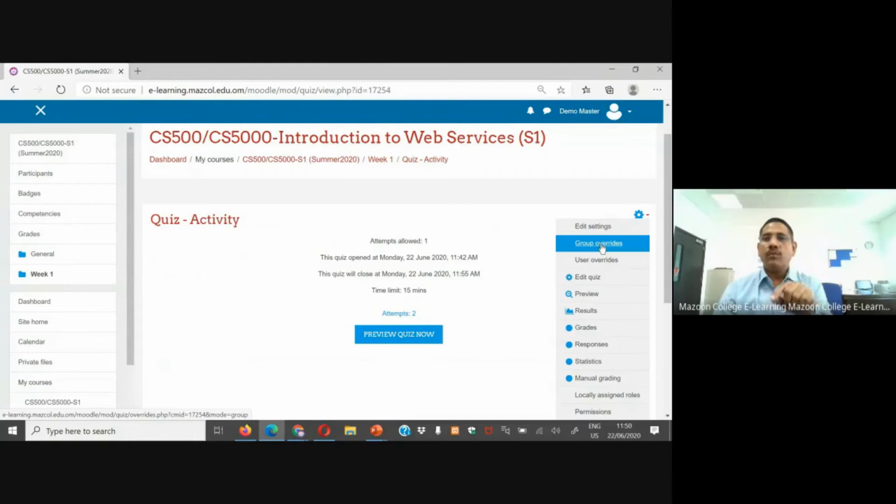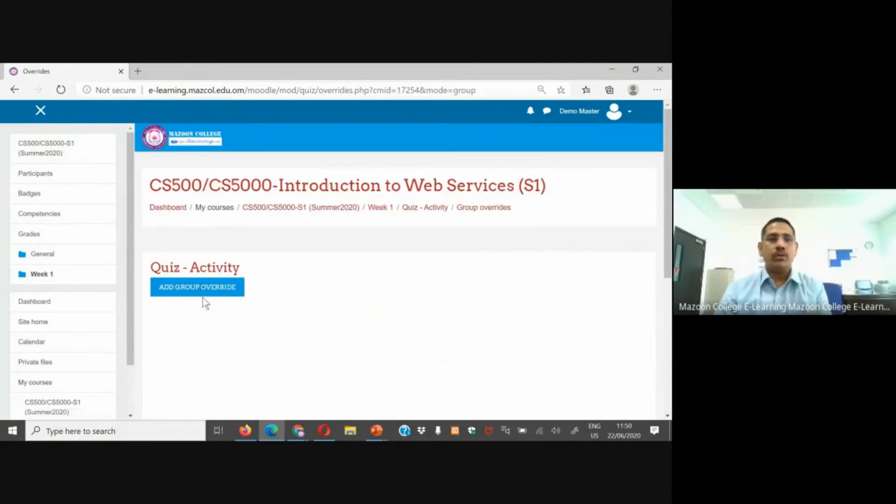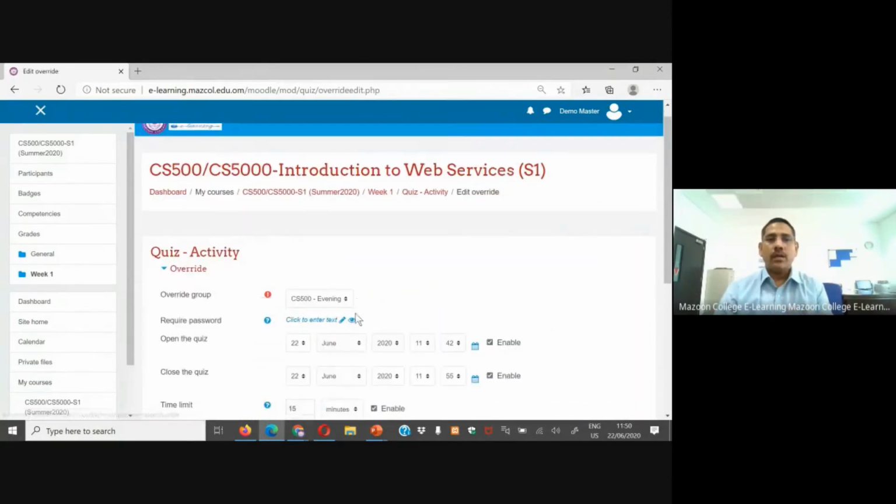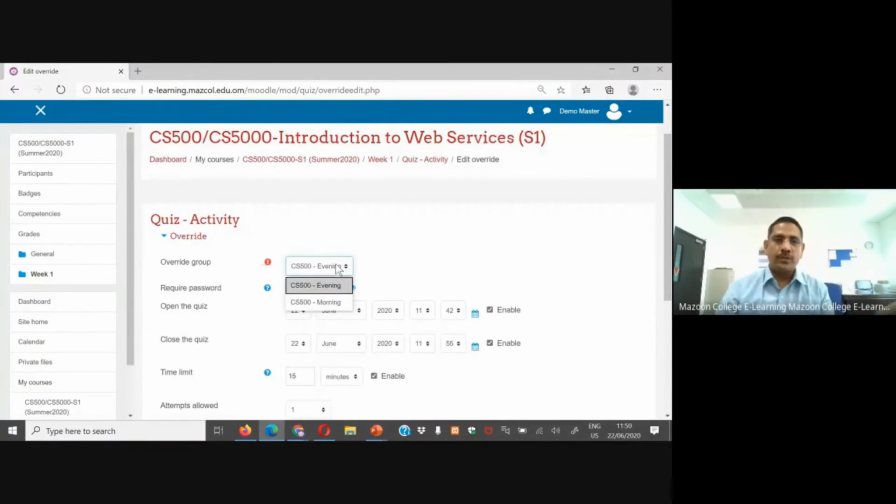When will group overrides be enabled for you? If you have created groups for your section, then only the groups will be displayed here. If you have not created groups, these options will not be shown to you.